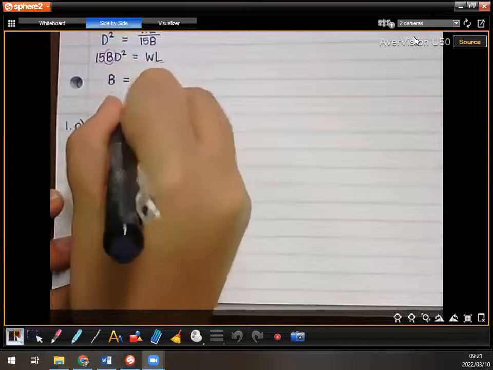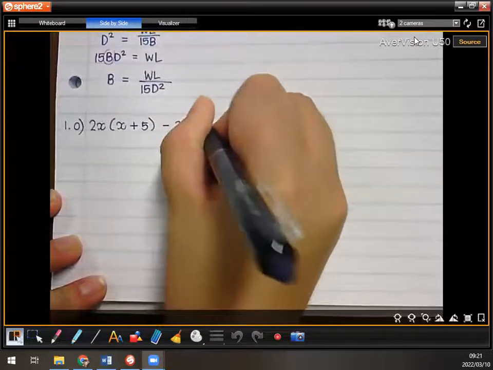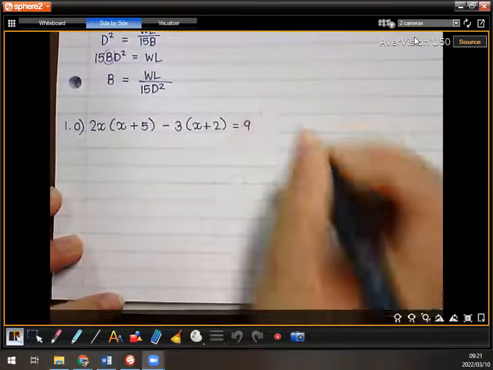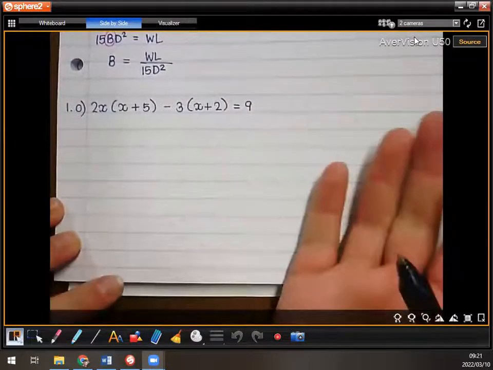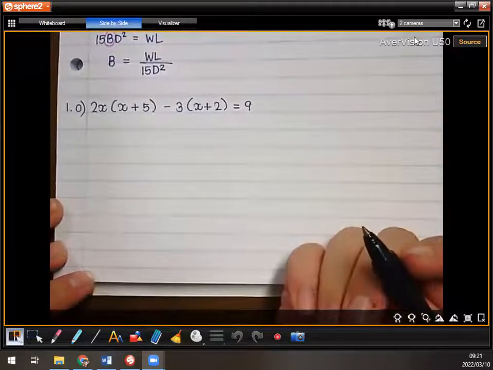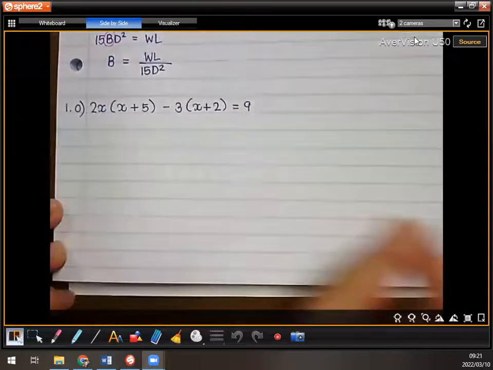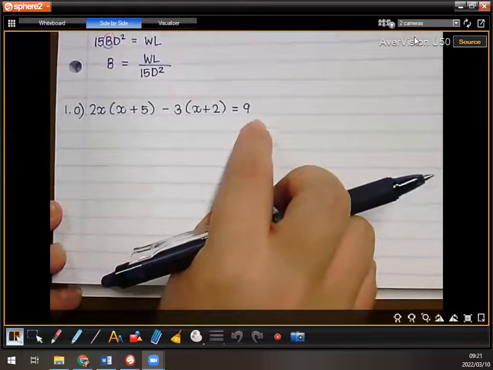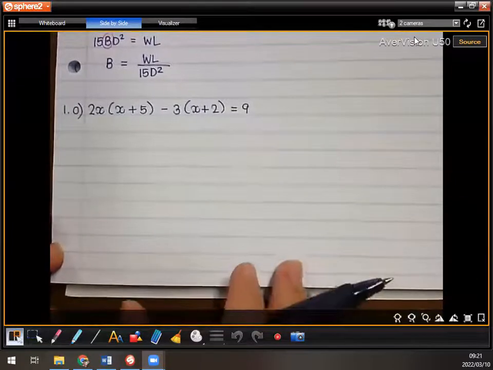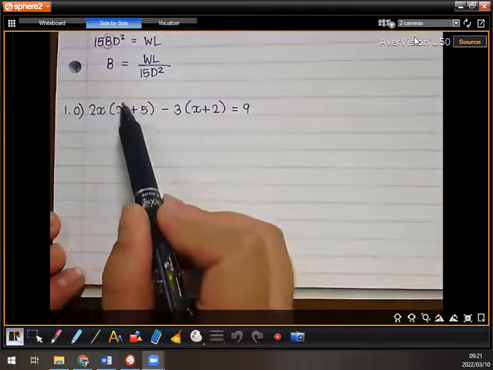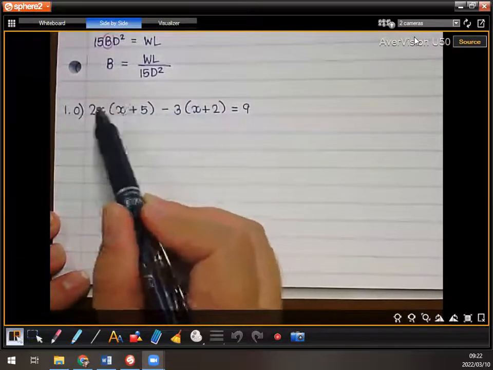2x times x plus 5 minus 3 times x plus 2 is equal to 9. Okay, now guys, obviously here I'm going to have to multiply the brackets off. Guys, there's nothing else that I can do. Maybe if you had the same two brackets, you could have taken that out as a common factor, all right? But the fact that we have a 9 on that side, the fact that there isn't a 0 on that side means that we actually do have to multiply out. Okay, remember for a quadratic equation, you see that this is going to be a quadratic equation. When I say 2x times x, that is going to give me an x squared term,